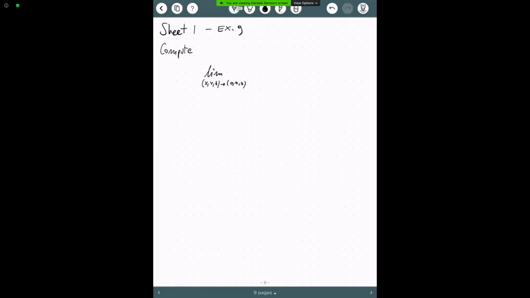We have 3 variables here, and we want to compute this limit, e to the power. Let me also introduce the notation of x as a capital letter, which is just a vector, or a point. Now we want to take the norm squared of this, minus 1, divided by the norm squared